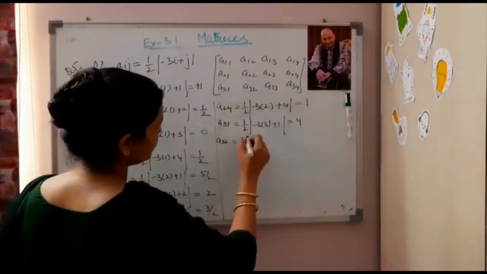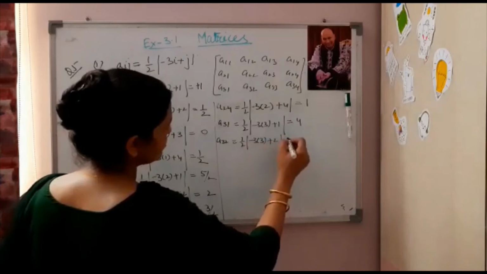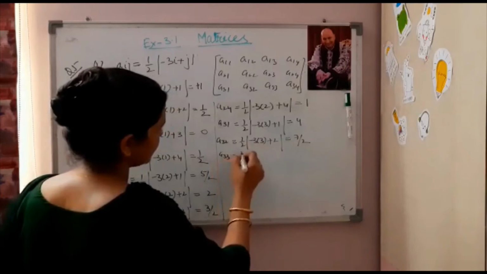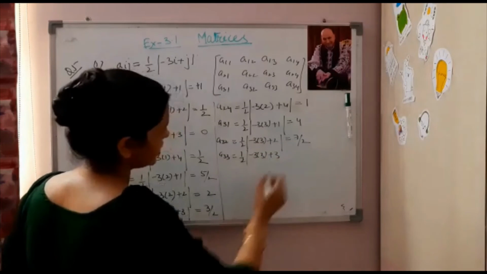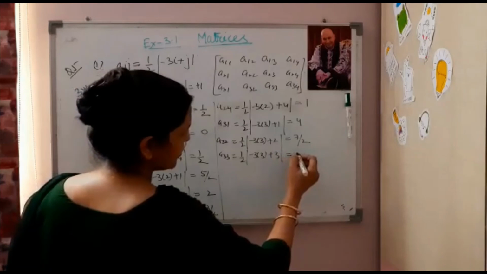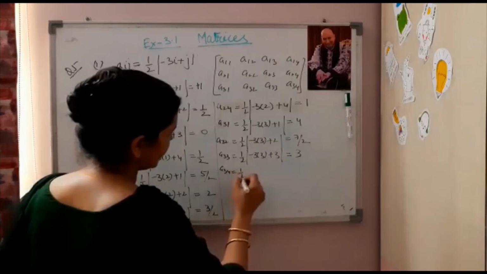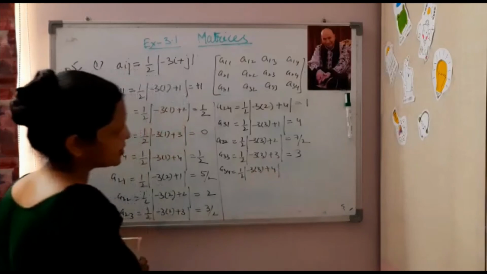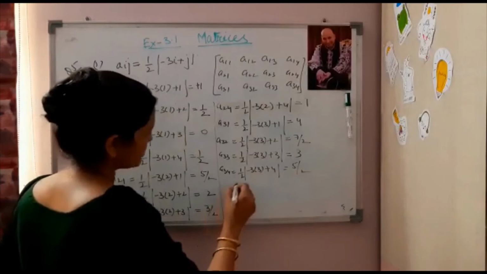A32: 1 by 2 minus 3 into 3 plus 2, minus 9 plus 2 is minus 7, mod में से बाहर आके 7 by 2. A33, that is minus 3 into 3 plus 3, minus 9 plus 3 is minus 6 upon 2, तो plus 6 upon 2 will come out to be 3. A34: 1 by 2 minus 3 into 3 plus 4, minus 9 plus 4 is minus 5, comes out to be 5 by 2. Now your matrix will become